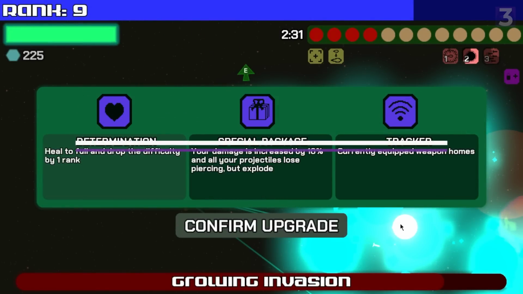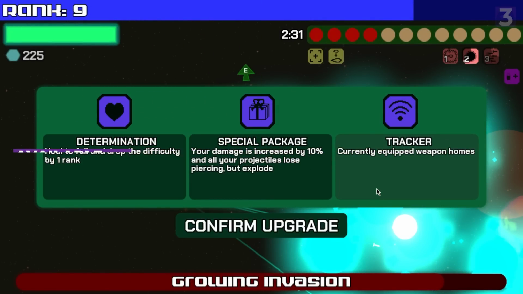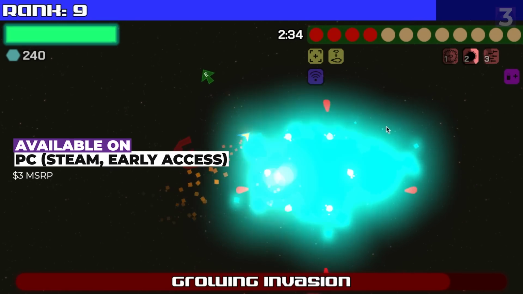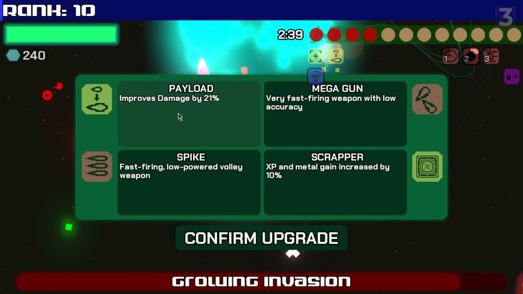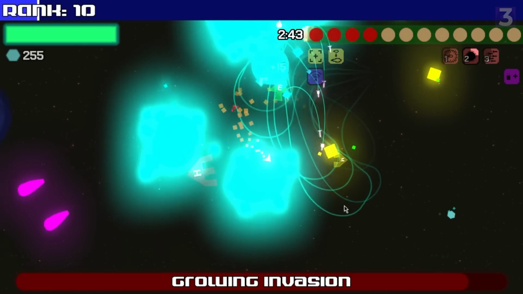I've mentioned Geometry Wars a lot in this video, and of all the games I'm covering, this one certainly looks the most like it. Galaxy Survivors is a dual-stick shooter with plenty of Survivor-style elements, including auto-firing, multiple weapons, and a ton of passives, but with some interesting twists. First is you can only select one weapon at a time to fire at full speed, the rest fire at a slight delay, and additionally your main goal is actually to visit different planets and save them, which usually involves